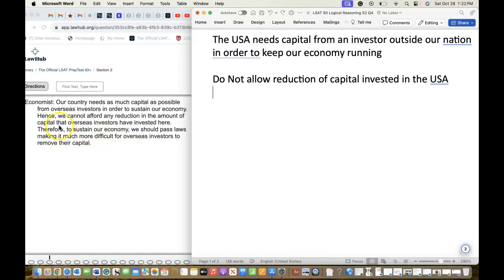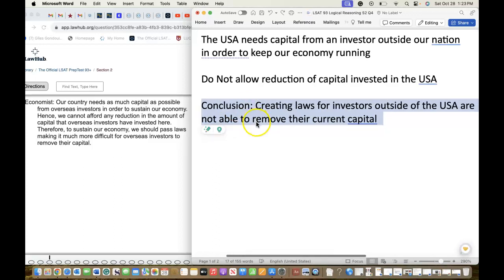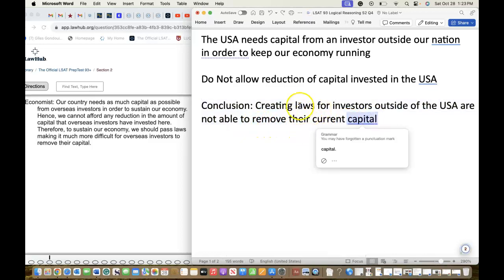Therefore it's kind of like a conclusion. To sustain our economy, we should pass laws making it much more difficult for overseas investors to remove their capital. So in conclusion, creating laws so investors outside of the USA are not able to remove their current capital. That's kind of like the creating laws. And in the